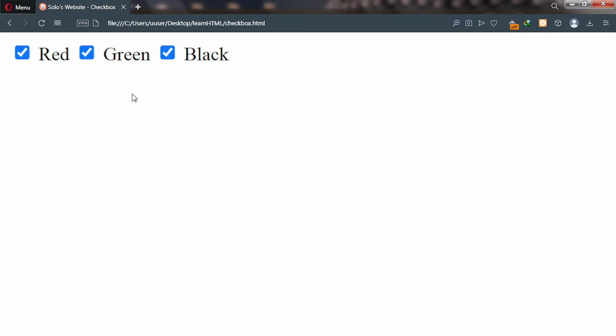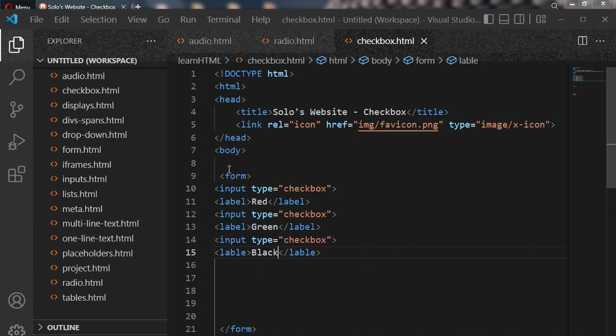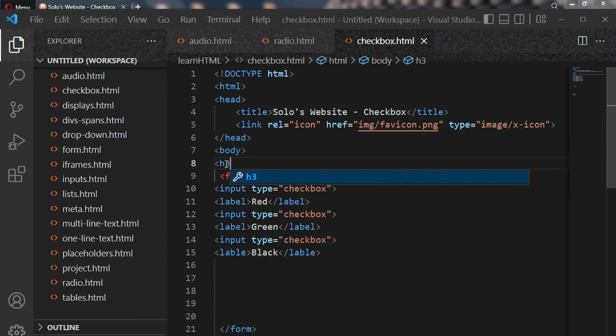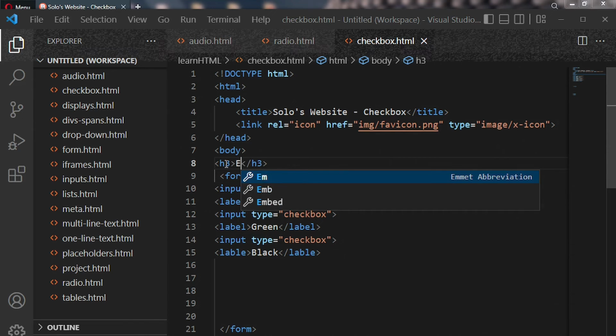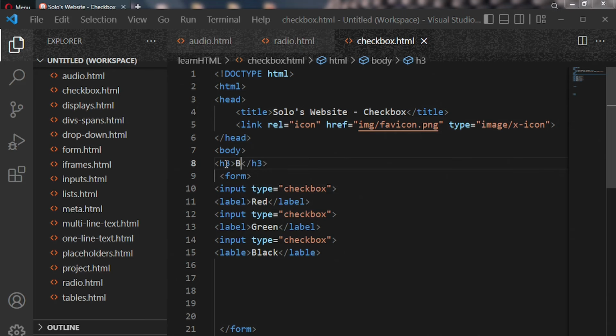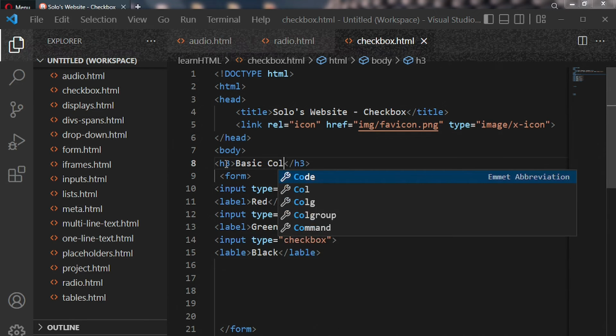But there's yet one thing we haven't included, and that is our text. So we can put a heading or paragraph. Okay, so let's go back to our code editor, and then I'll show you the two things we need to add. Okay, so let's put a heading first. So we'll put heading 3 like this, and then we can put colors. Okay, something like basic colors like this,